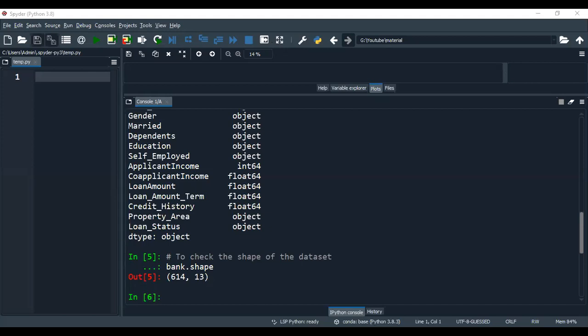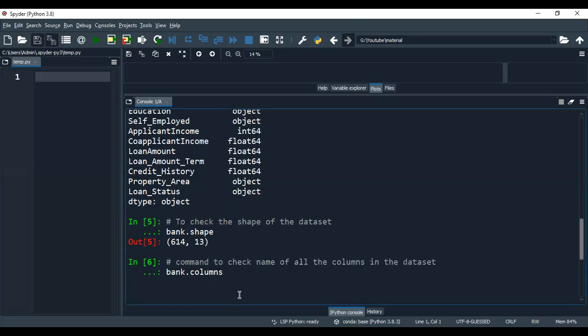Now you can also see the column names of the different columns in the data set. In order to know only the column names, we'll just give the columns command. So bank.columns will give us the names of the columns in the data set.